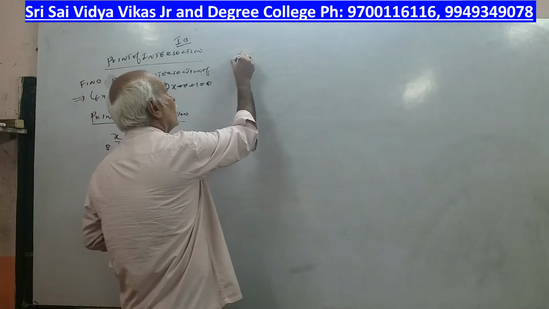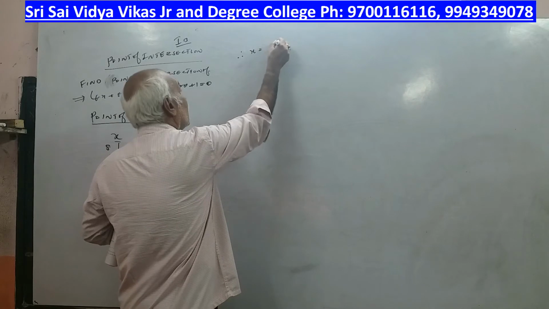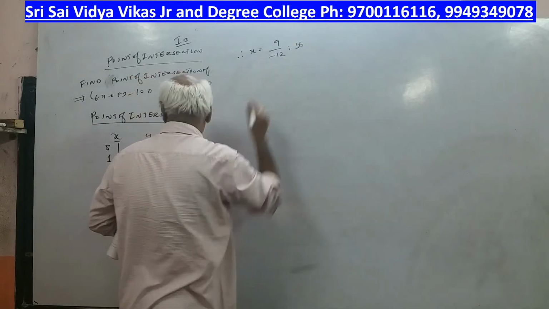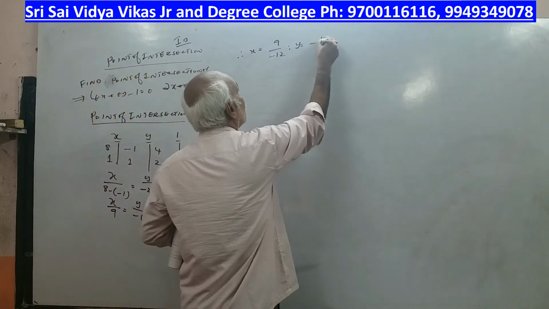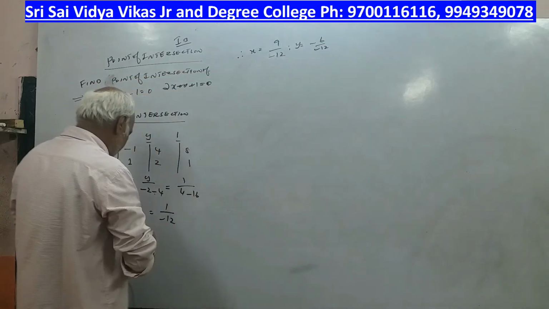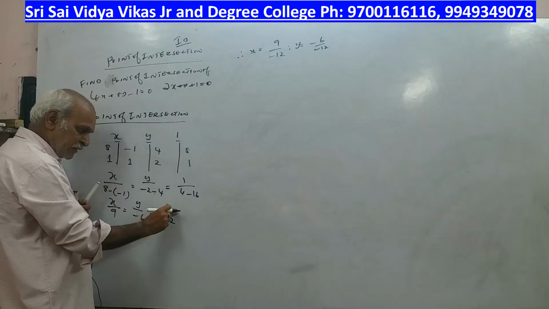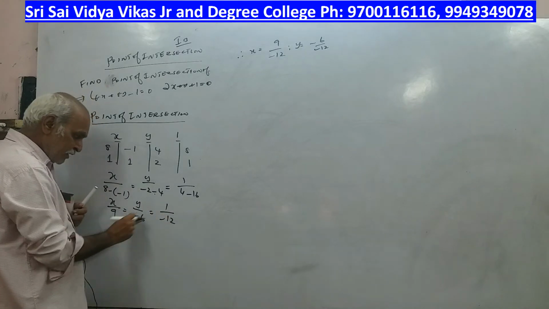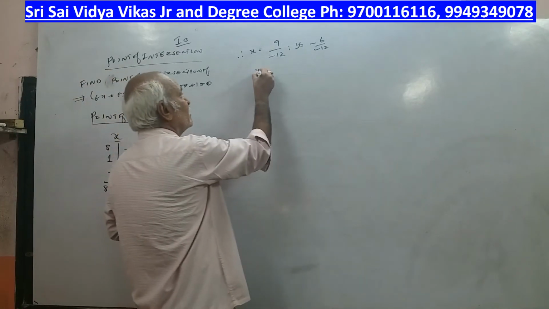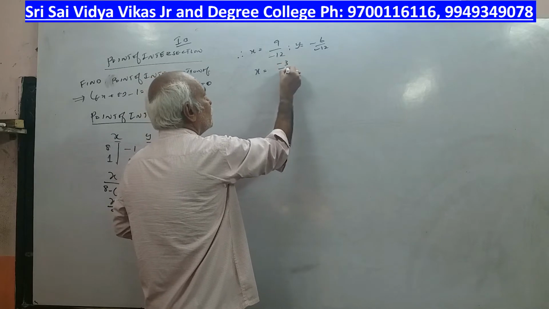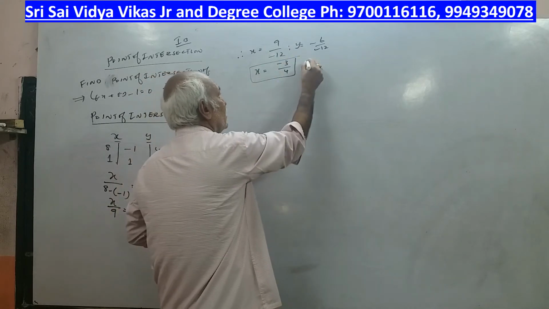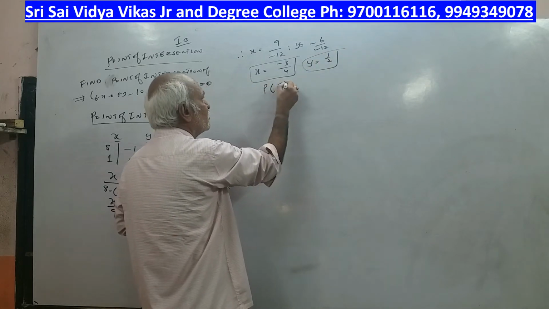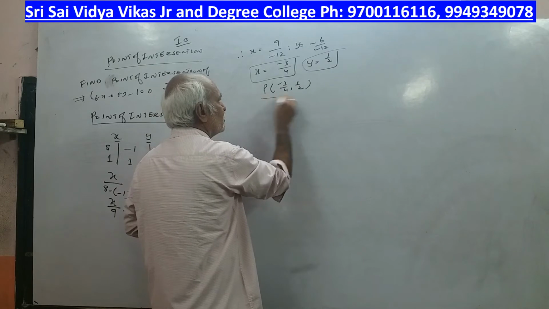Therefore x is equal to 9 by minus 12 and y is equal to minus 6 by minus 12. So what I have done? 9 will come into the numerator. For x by 9 is equal to 1 by minus 12, so that is minus 9 by 12. Then minus 6 will come. It cancels with the 3 table: 3 3s are 9, 3 4s are 12. Similarly 6 table will get cancelled, 1 by 2. So what is the point of intersection? Minus 3 by 4, comma, 1 by 2.